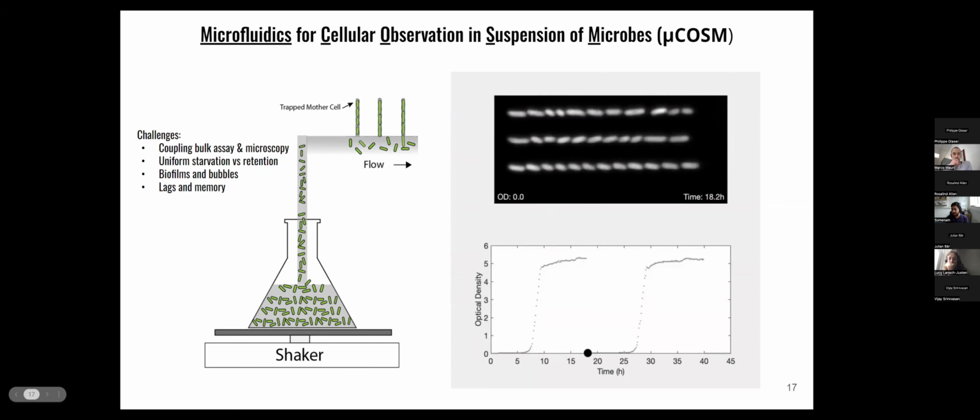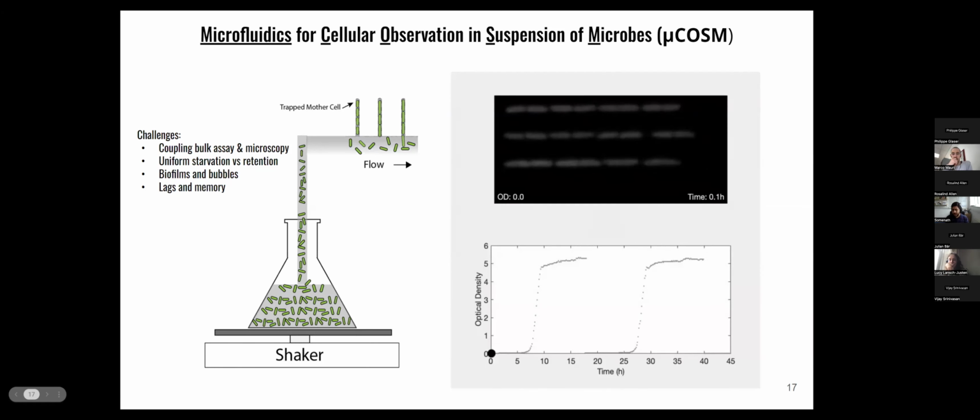And then after 9 hours, we switch the media to fresh source again. They quickly wake up to restart their growth and the exponential nature of this growth and division, low stress. And then as the food runs out, they go back to these states again and show bright stress response marker and stay stationary until we flow fresh media and restart the exponential growth again. So this way we can really study the entry and exit dynamics at individual cell level with various types of genetic and physiological markers.